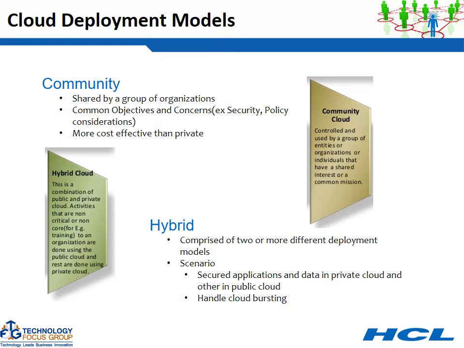Another one is the hybrid cloud. This is a cloud system which is comprised of two or more different deployment models. So one could be public and one could be private. Some organizations may have their own private cloud but may also use a public cloud. This is because some secured, data-critical applications they would like to put in the private cloud, and some more common ones they would like to put in the public cloud, which allows them to scale up and down easily. So these four models are the most major ones.